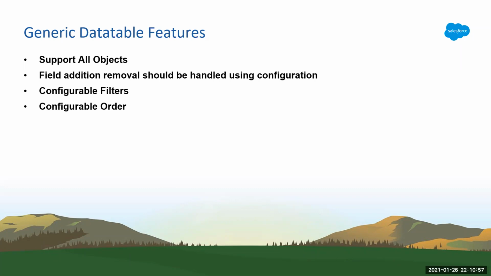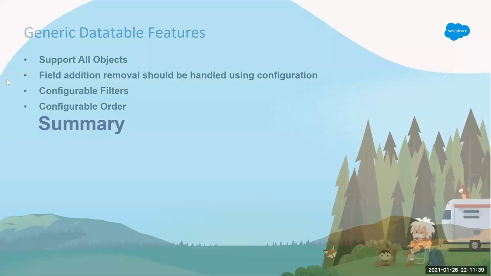You can add, remove, and order your columns, all using configuration. So you can configure it, and based on that, your data table would reflect it. You can have some filters. If you're using a generic component and you have a particular query, or you're trying to get some data but you want to filter it, you would be able to do that. And if you want to order it by name, by number, or any other field, you would be able to order it. And this all would happen using configuration. Okay, now let's see